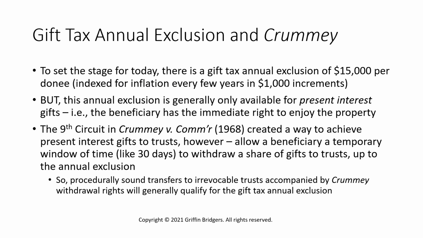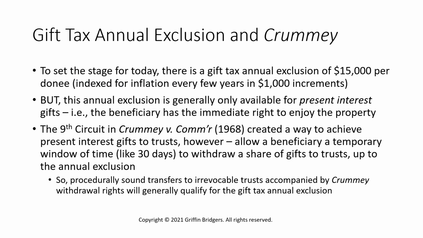So, to set the stage for today, I don't intend for this episode to be a primer on Crummey rights or the requirements for them, but generally the stage is set in that the gift tax annual exclusion is only available for gifts of present interest, which means the beneficiary has the immediate right to enjoy the property that's been gifted. Now, most transfers to irrevocable trusts will be transfers of future interest, which do not qualify, unless it's a certain type of trust. But long ago, in 1968, there was a tax court case appealed to the Ninth Circuit, Crummey versus Commissioner,